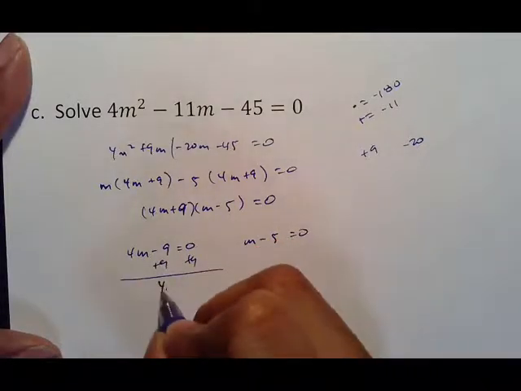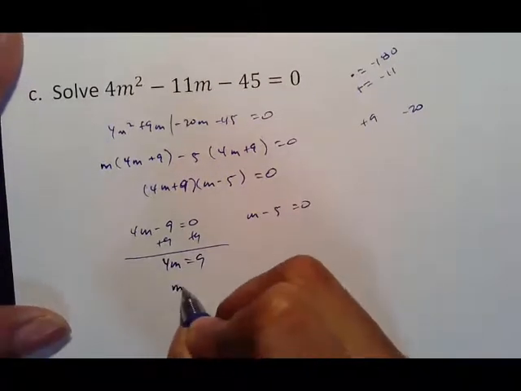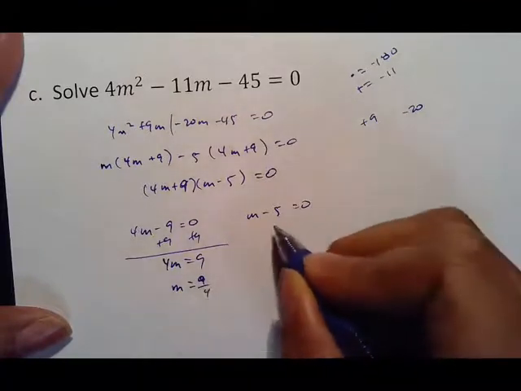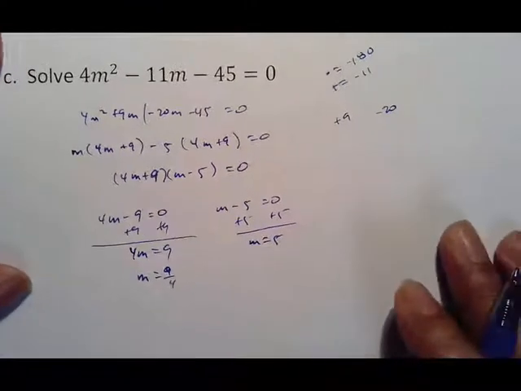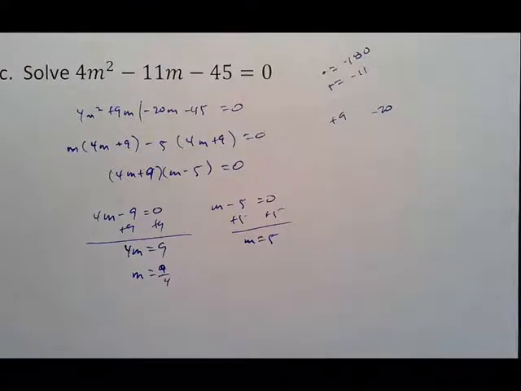Add 9, divide by 4, add 5, and that is it. Alright,